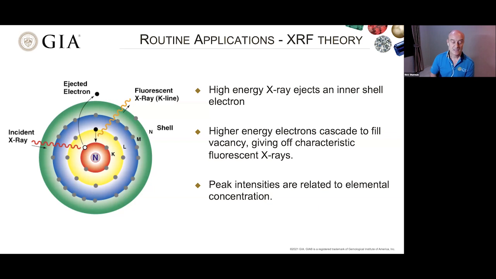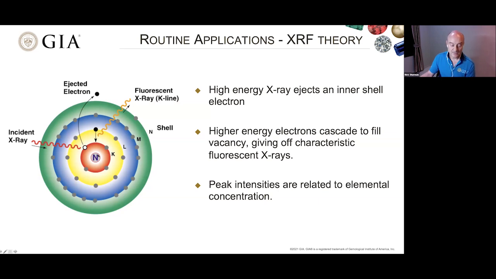A stable atom is made of a nucleus and electrons orbiting it. So you have your nucleus, you have your electrons. The electrons are arranged in energy levels or shells, and different energy levels can hold different numbers of electrons. When the high energy primary X-rays collide with an atom, it disturbs its equilibrium. An electron is ejected from a low energy level, and a vacancy is created, making the atom unstable. So you can see it's ejected here from the X-rays which hit it.